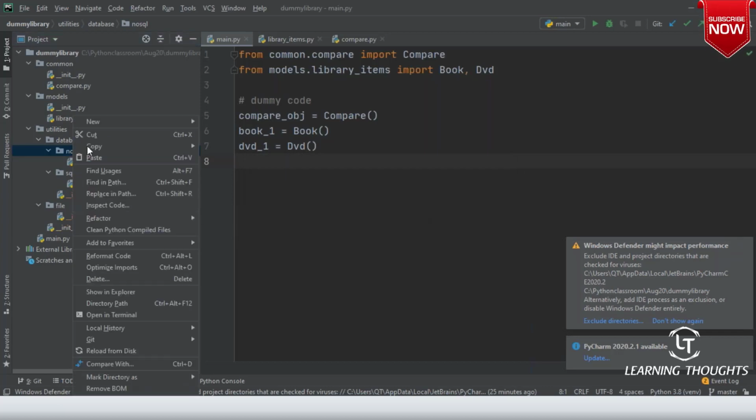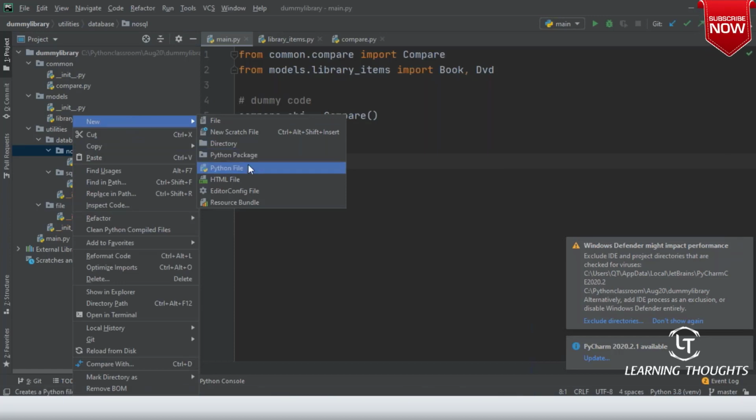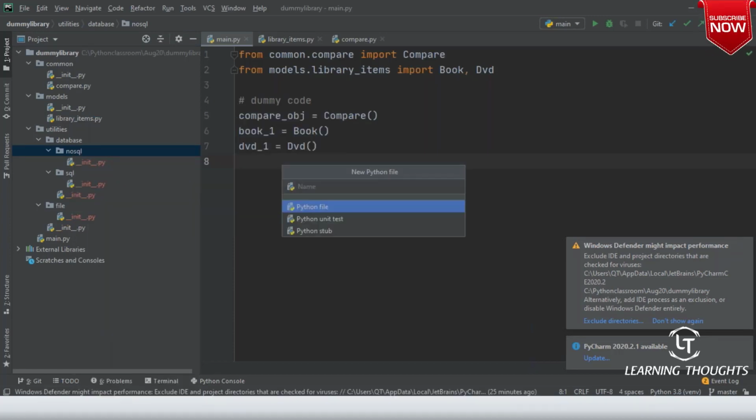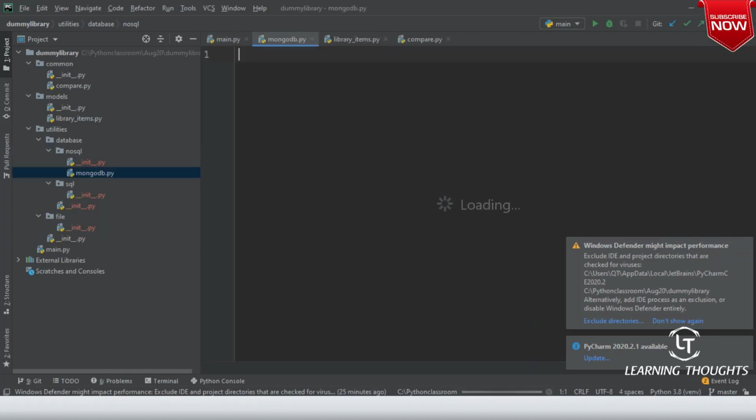In this NoSQL, let us assume that I write a new Python module which is called MongoDB. I'm not going to write much over here, just dummy classes. Class MongoDB, and then pass.